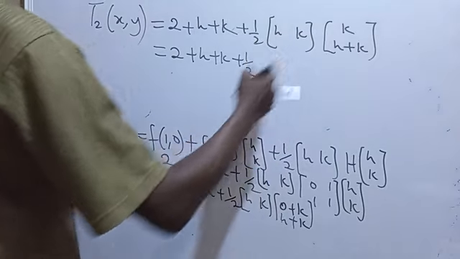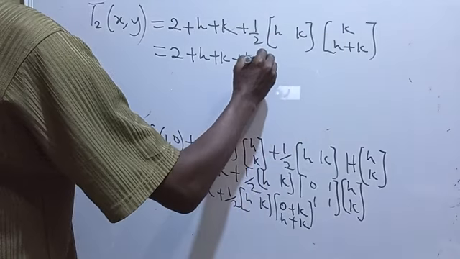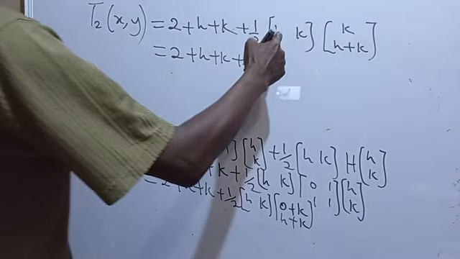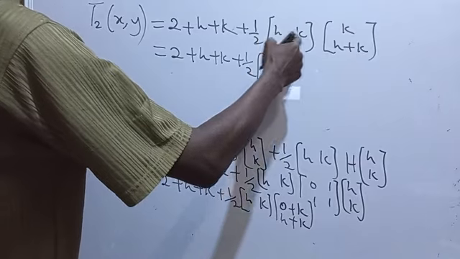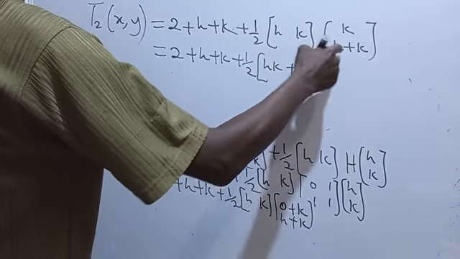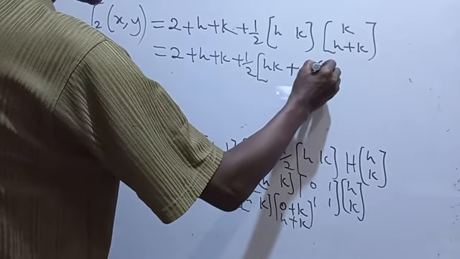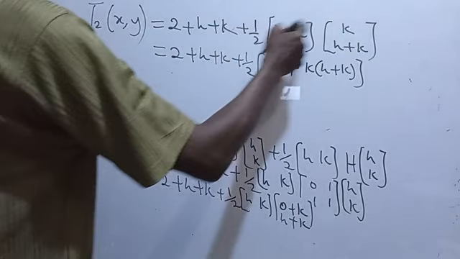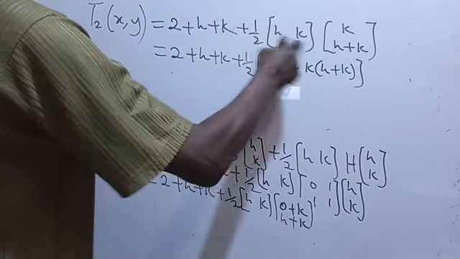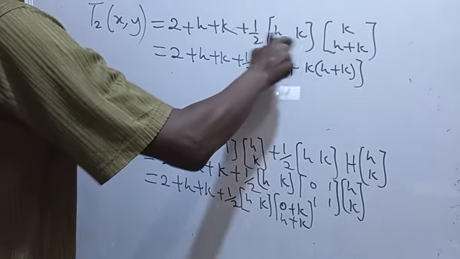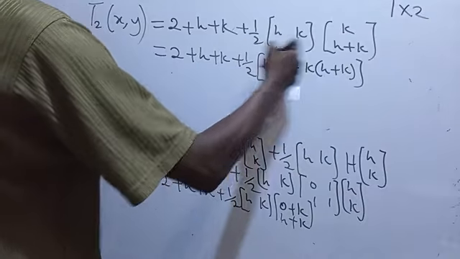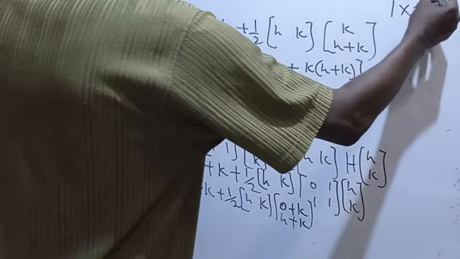Now, let's expand this. h times k, so we have hk. There is h times k, hk, plus k times this, that's k into h plus k. Again, h times, this one is 2. What type of matrix is this? This one is 1 by 2. The row is 1, the columns are 2. Then we are multiplying by,